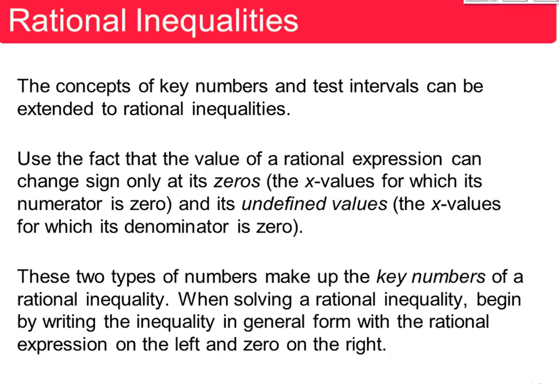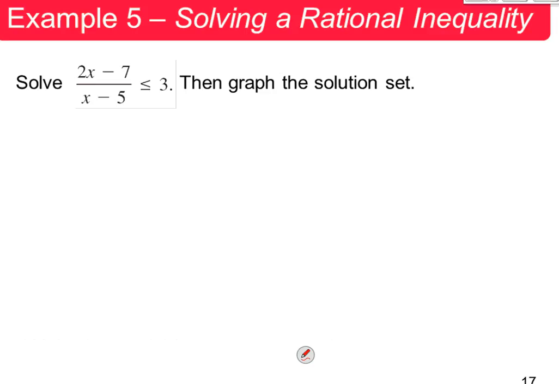We look at the fact that a rational expression can change sign at its zeros and at its undefined values, the x values for which the denominator is equal to 0. So we just have a little extra work, and we also have to keep in mind that sometimes we forget the zeros can be included. The undefined values can never be included, even if it's or equal to. So knowing that, we'll just start with a